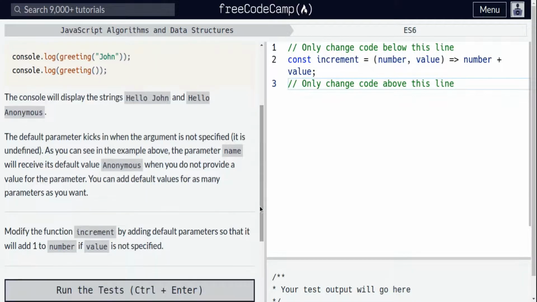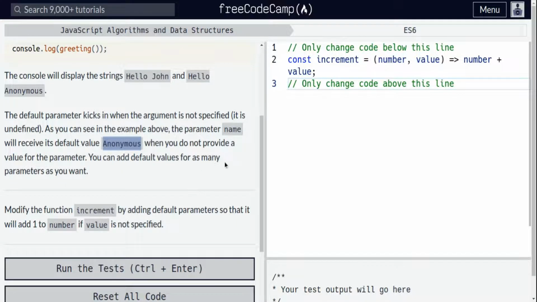I believe it should. Default parameter kicks in when the argument is not specified, it is undefined. As you can see in the example above, the parameter name will receive its default value anonymous when you do not provide a value for the parameter. You can add default values for as many parameters as